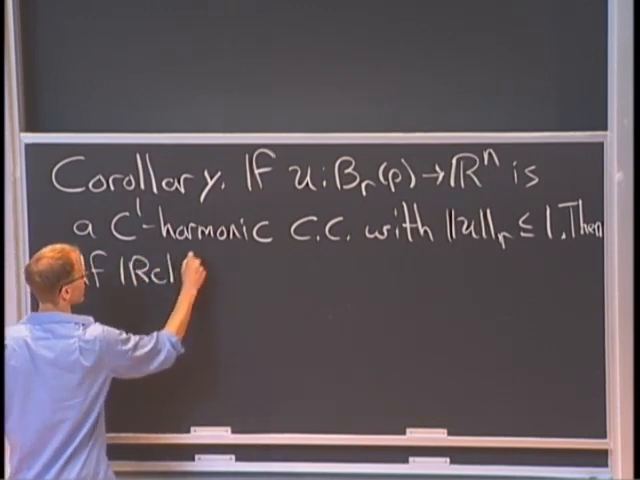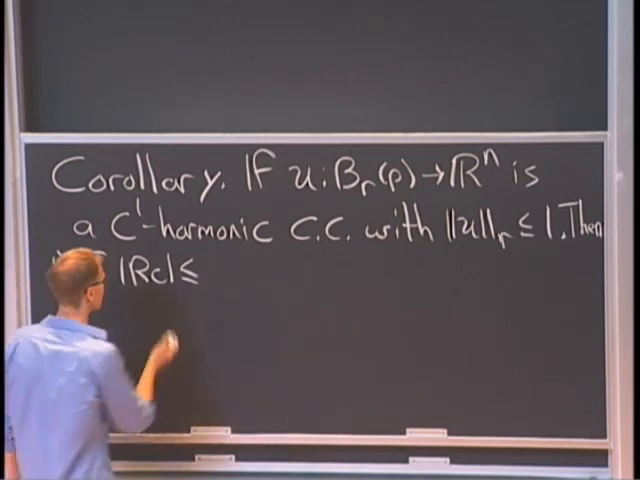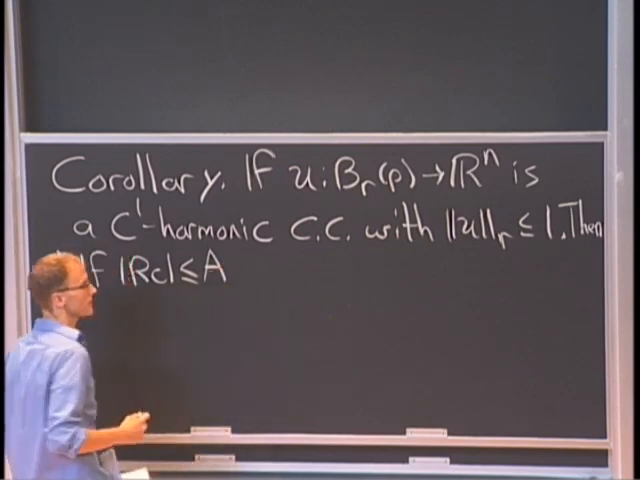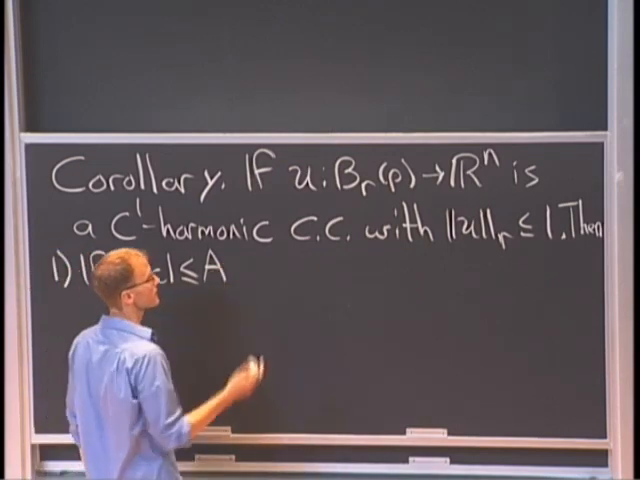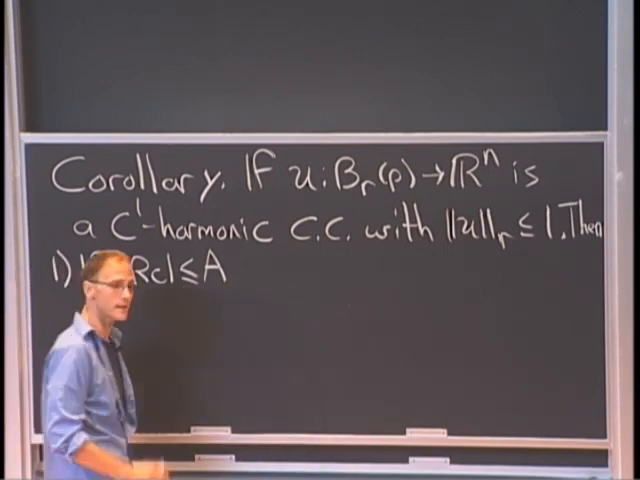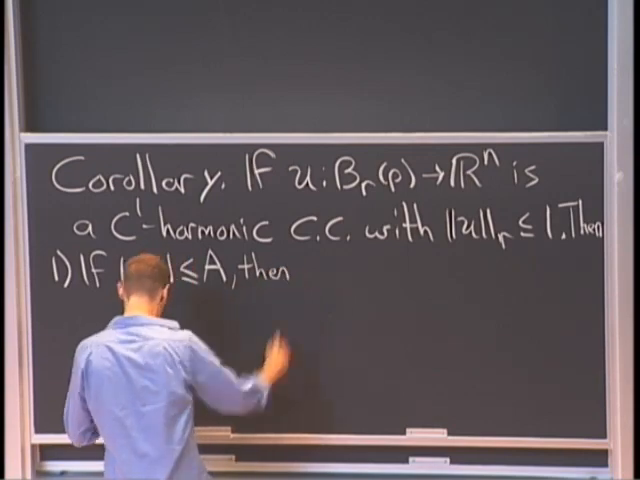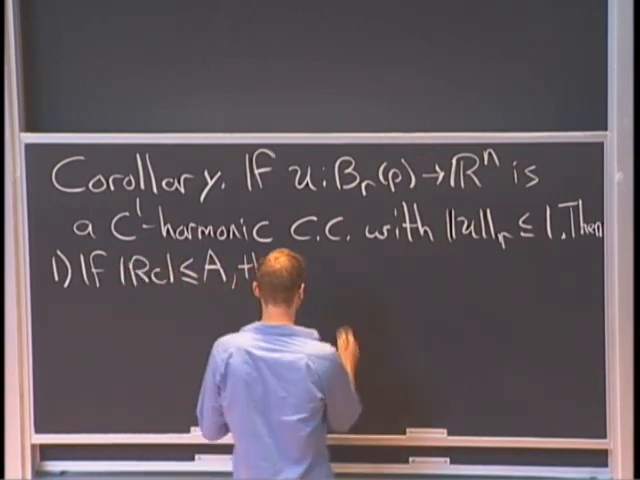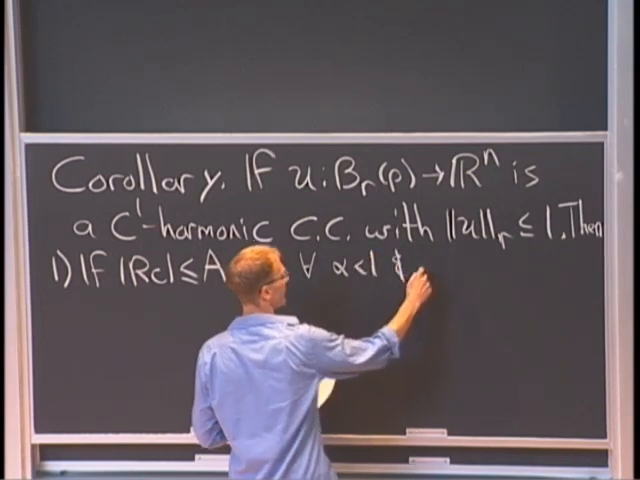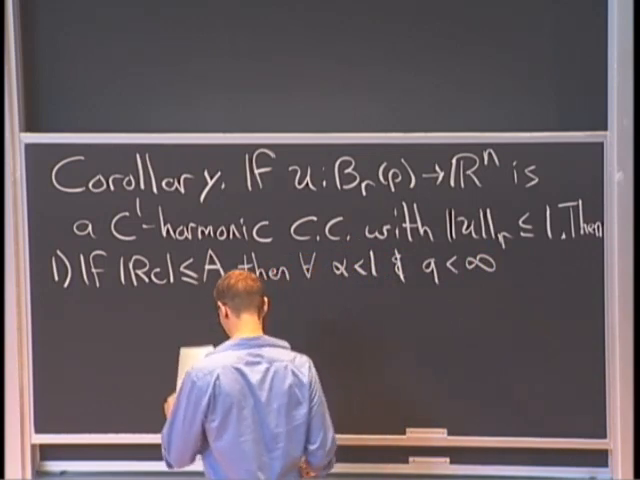If, let's say, the Ricci curvature is bounded above by, it actually doesn't matter what I bound, A is fine, but let's just say A. Why not? Let's just do A so that we can be clear about this. Is bounded above by something. I mean, it's a smooth manifold. It's always bounded above by something, but we're being quantitative about it. It's bounded above by some A. Then for every alpha less than 1 and every q less than infinity, we have that